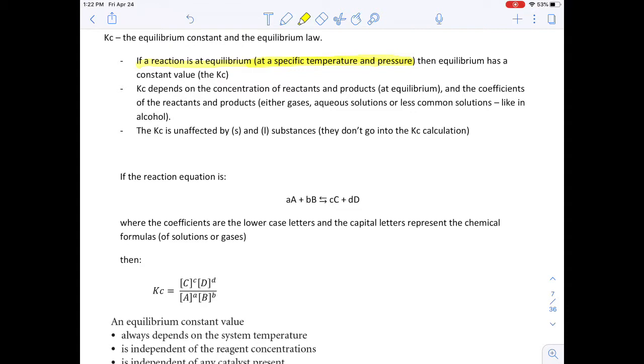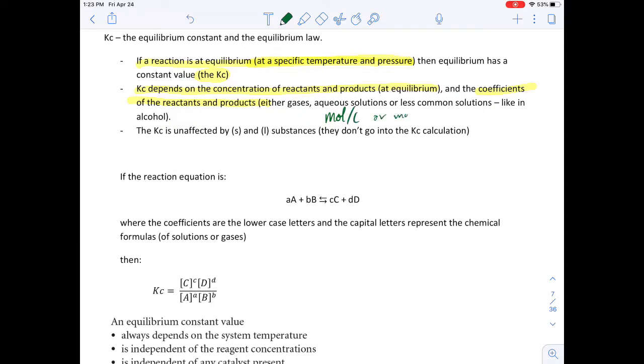The equilibrium constant is referred to as Kc. Sometimes it's Keq. If you're looking online, you'll see other things as the subscript, but K means the constant, and that subscript, in this case C, means equilibrium constant. So the Kc depends on the concentration of the reactants and products at equilibrium, as well as the coefficients of those chemicals. We only calculate the equilibrium constant for things that have mole per liter